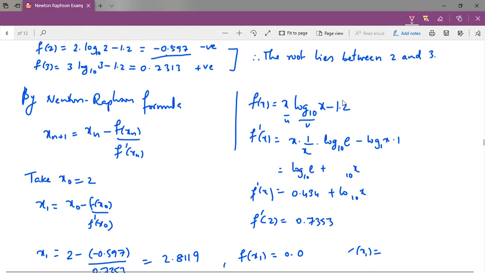Yeah, so this is one of the easy problems, but one needs to be very careful while differentiating this function, because this is a log 10. Natural log differentiation is 1 by x. So log 10 x differentiation is 1 by 10 into log e. So this differentiation you have to be very careful, because f dash of x depends upon that differentiation value. So therefore you need to be very careful.